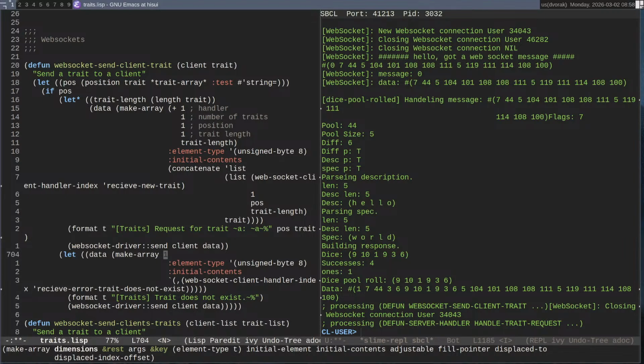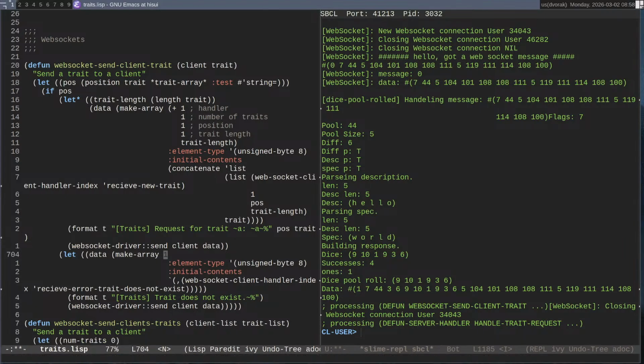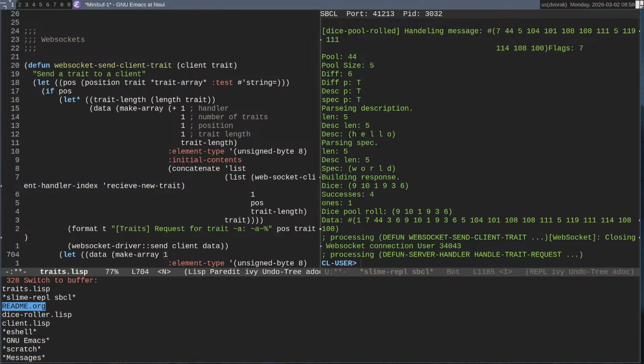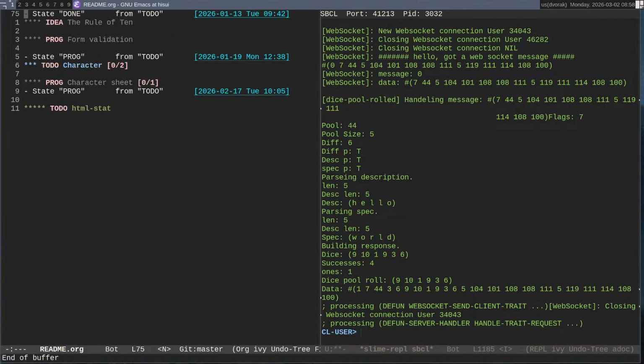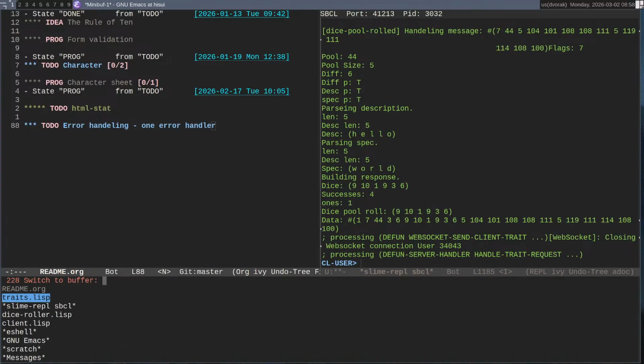I will revisit this decision. Let me make a note of that. To do: error handling. One error handler. Okay.